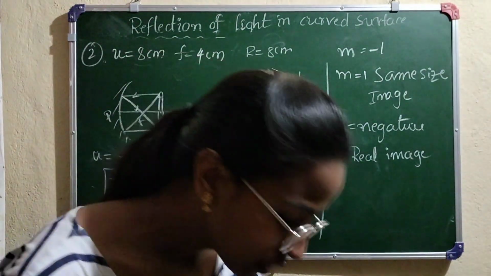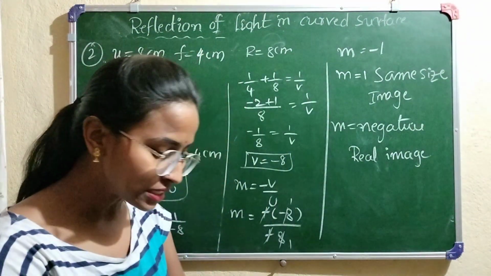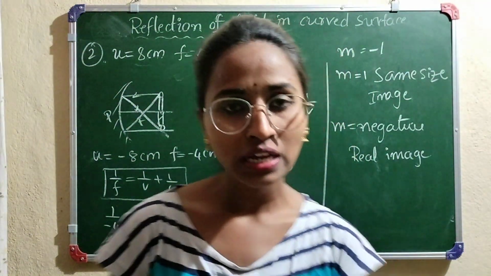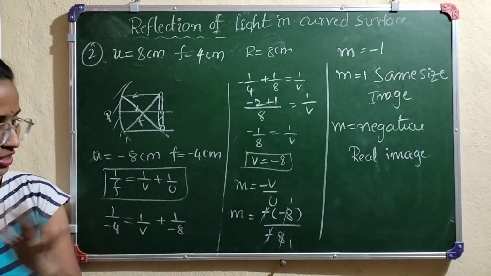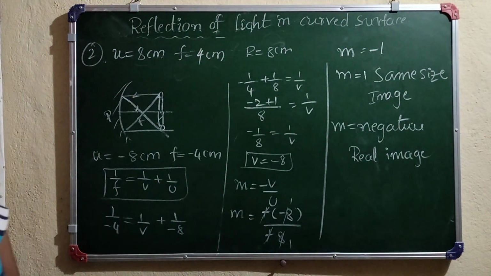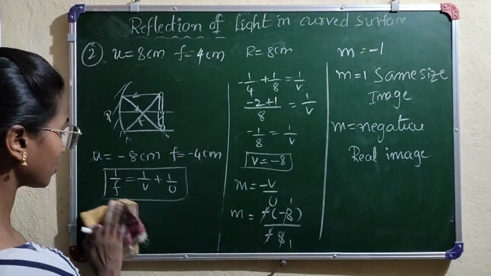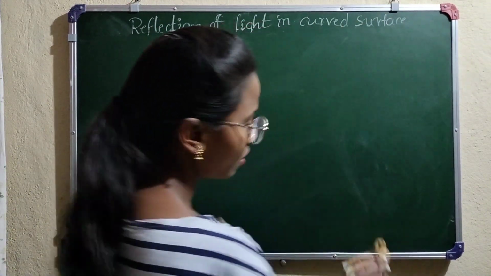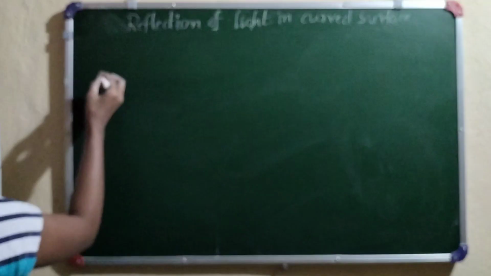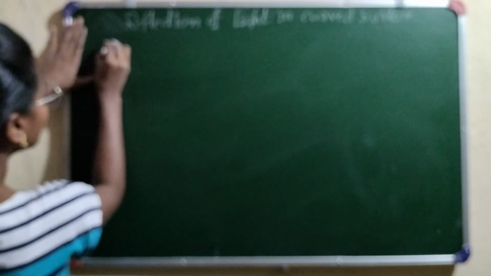And finally, for a concave mirror, how the sign conventions will be changed mostly. Okay, let me tell you a short analysis. If you want, you just have to capture this one. So now, finally, let me give you a short briefing about this. Sign convention for concave mirror, finally what we can understand, mostly from case 1 to 5,